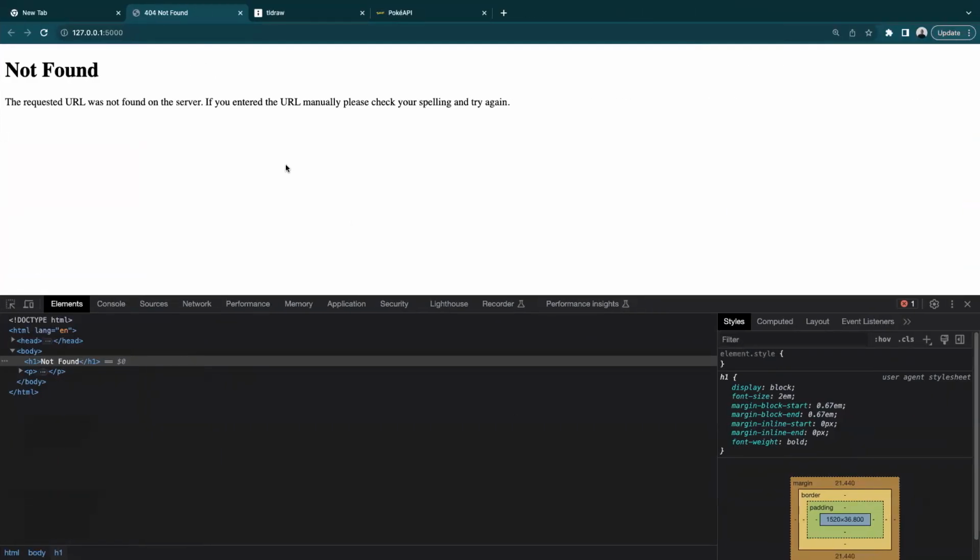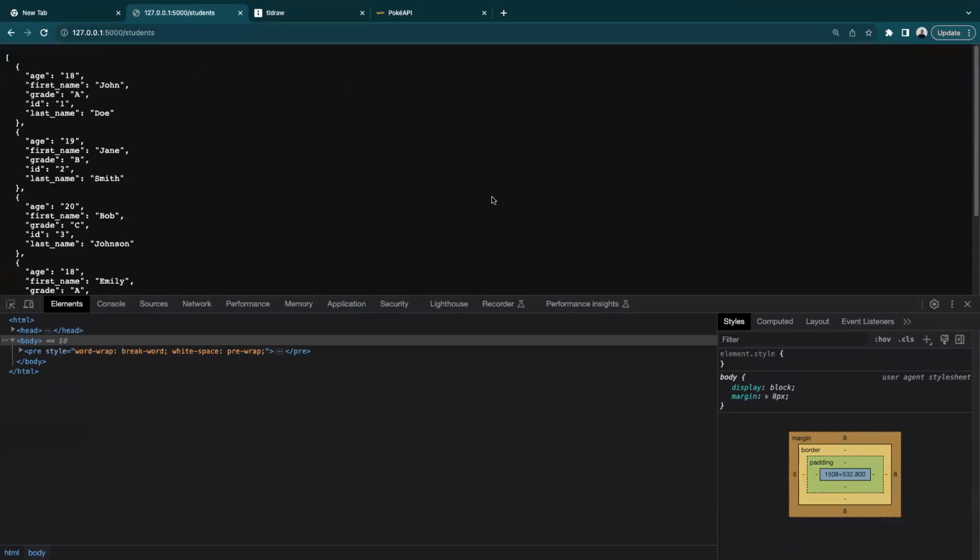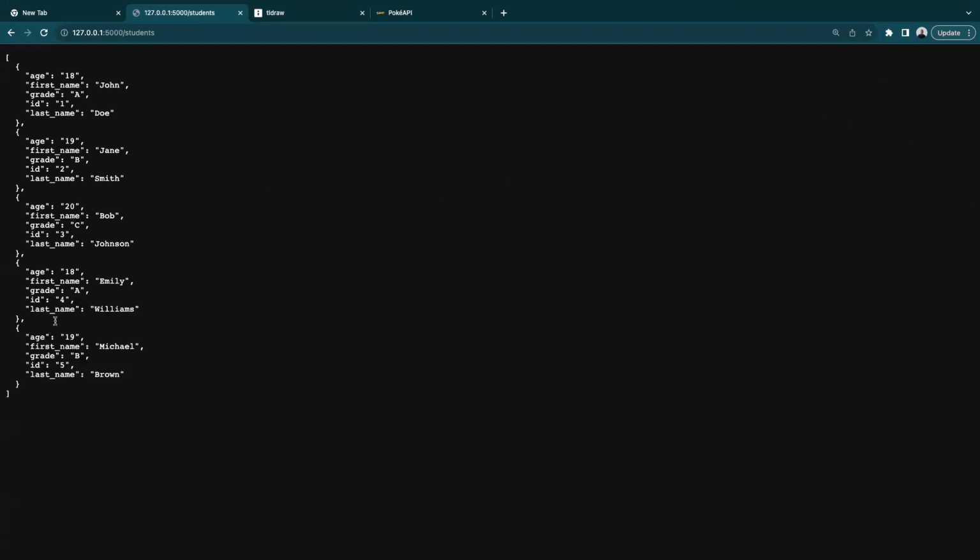So let's fix that. Currently, I'm at port 5000. Let me put /students. All right, so I place /students, and when I send my request, we can see that it's returning a list of objects, right? The background is dark because I have everything on dark mode, so my background is dark and the text is white. For all of you, you should get a white background with dark text, and this is all just JSON readable,